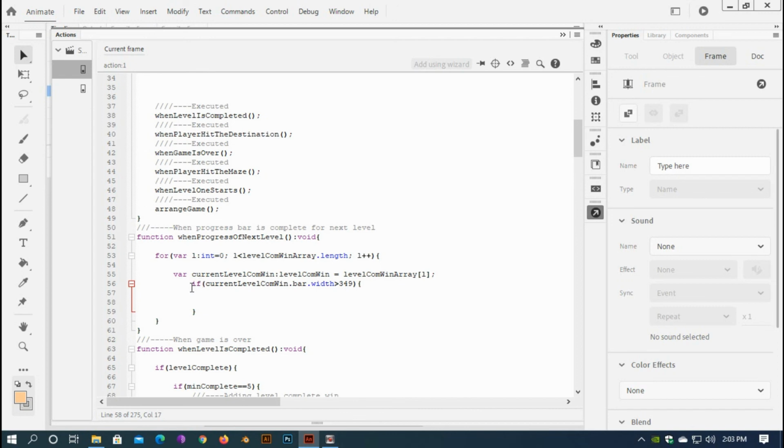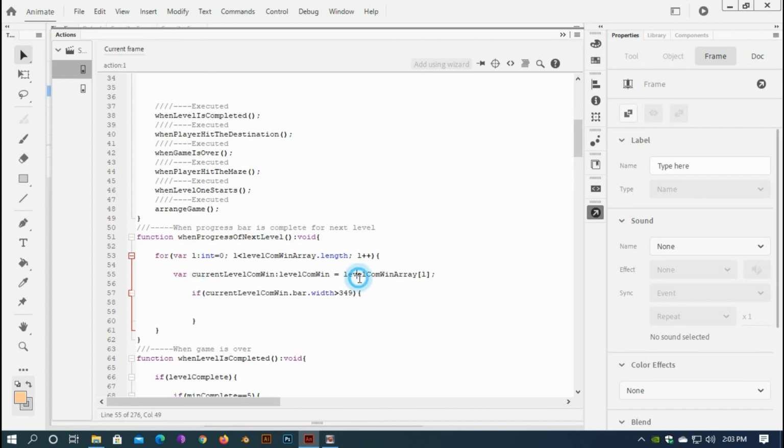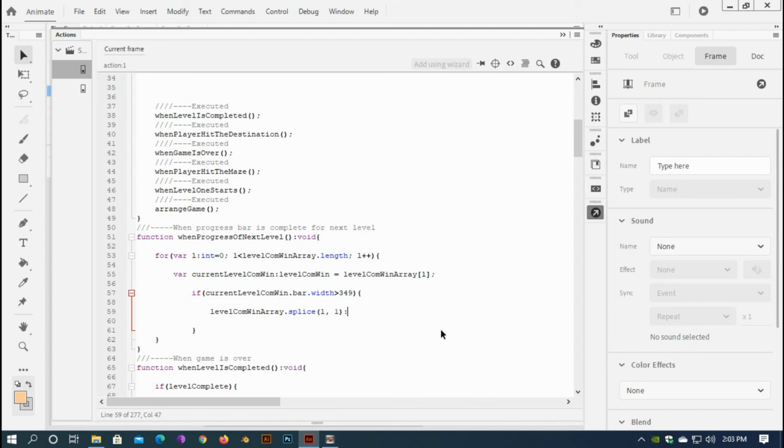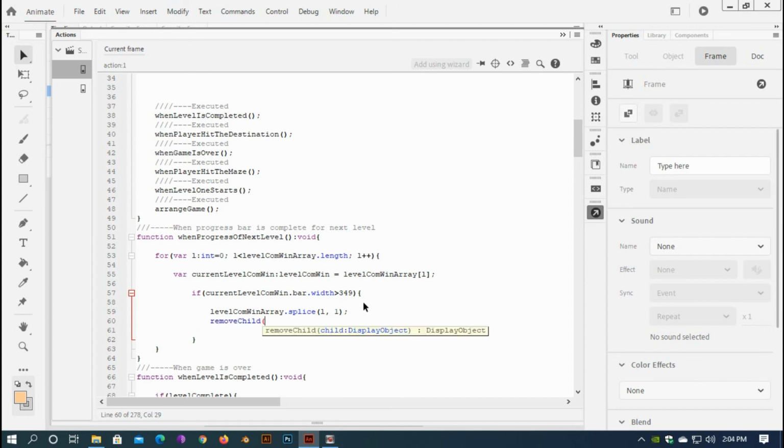I want this level complete with array.splice(L1) and removeChild this current level complete win, and here I should type when level complete win removed,